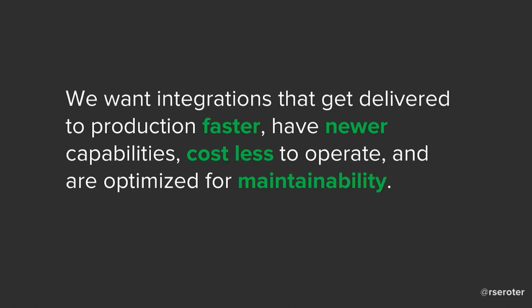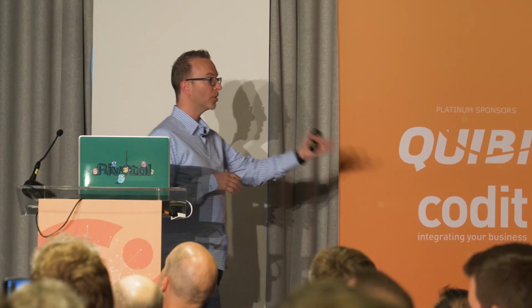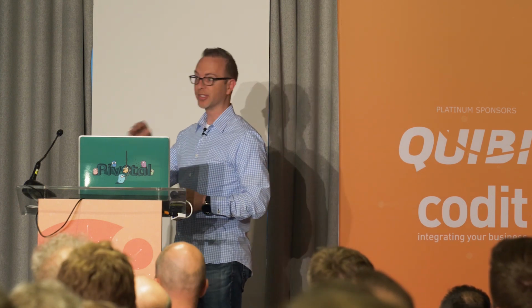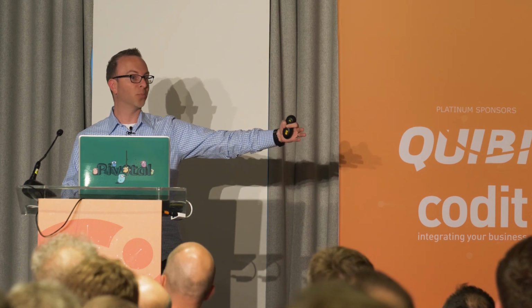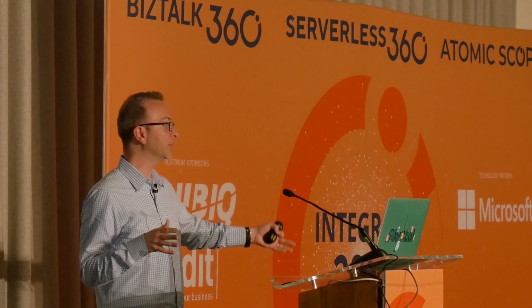So what do we want? I feel like I'm starting a chant. We want integration that's getting things faster, right? We want all those new capabilities, ideally. This stuff should cost less. And it should also be built for maintainability. We always talk about building stuff. We need to talk about maintaining stuff, right? It's really easy and fun to build stuff. Not fun to maintain it for a lot of people, but that is where it's going to spend a dramatic portion of its lifespan. So are we building maintainable software?